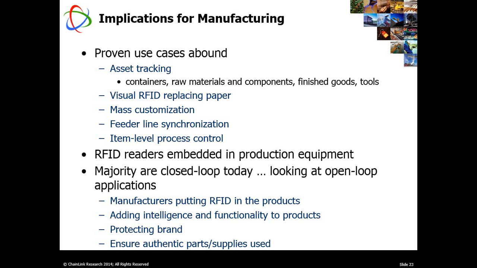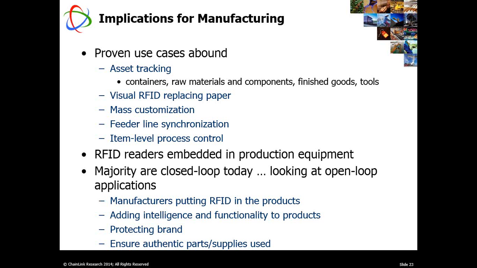And it's actually a very mature segment, if you will. A lot of the use cases I list here have been done literally for decades. A lot of asset tracking of reusable containers and components and tools. We see Stanley Black & Decker has had this line of tools with built-in RFID tags for keeping track of who's checking them in and out. Visual RFID, this was something we've seen from OmniID